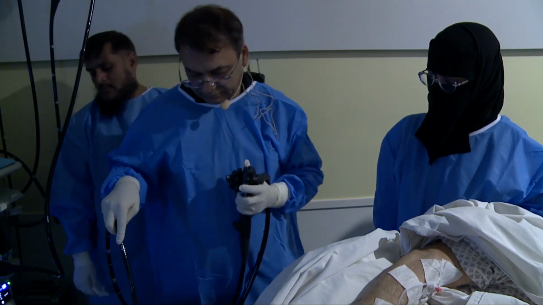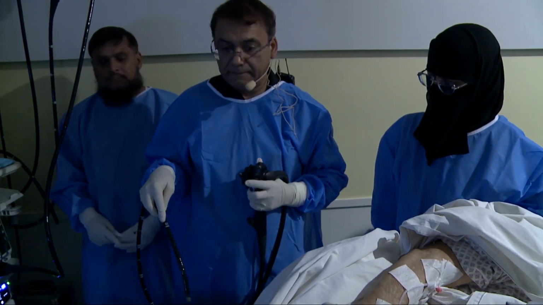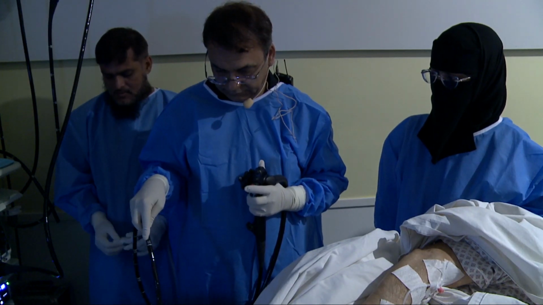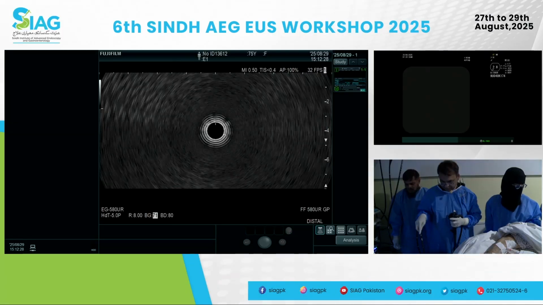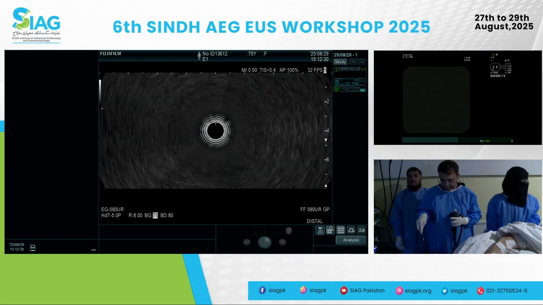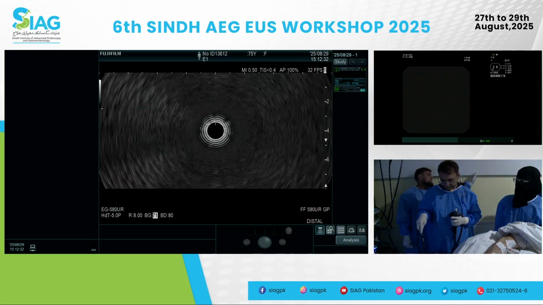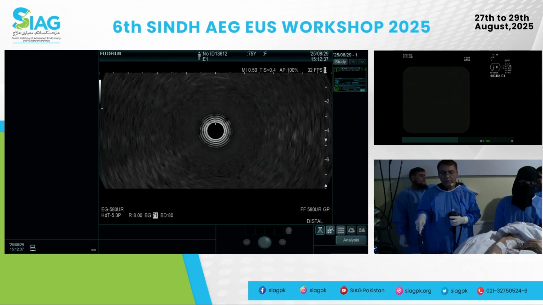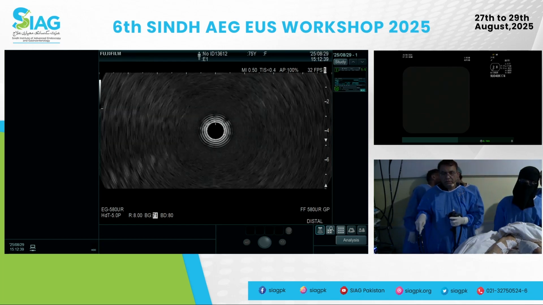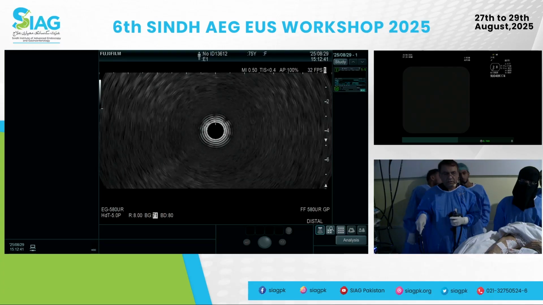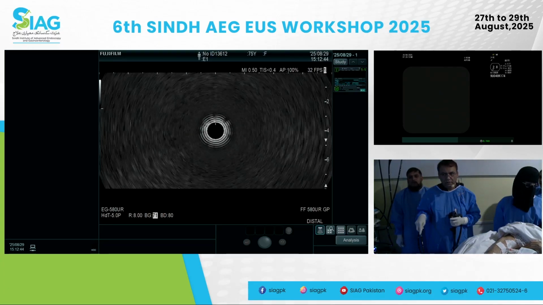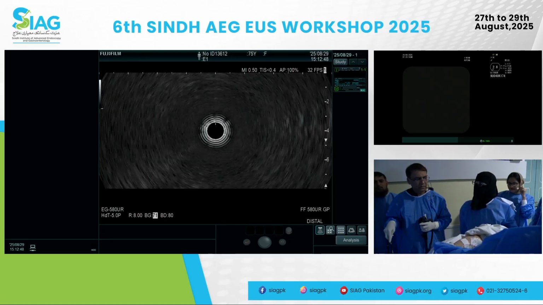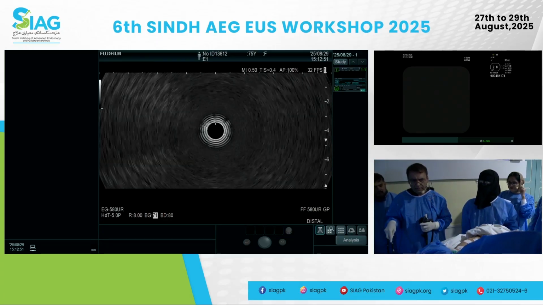So we have a 75 years old female patient with history of altered bowel habits and bleeding per rectum for 3 months. Her CT scan and MRI pelvis are suggestive of a circumferential mural thickening involving the rectum and anal canal, and the maximum wall thickness is measuring 16 millimeter. There is thickened mesorectal fascia with enlarged lymph nodes. Along with that, some lymph nodes are also enlarged along the left external iliac, with the largest lymph node measuring